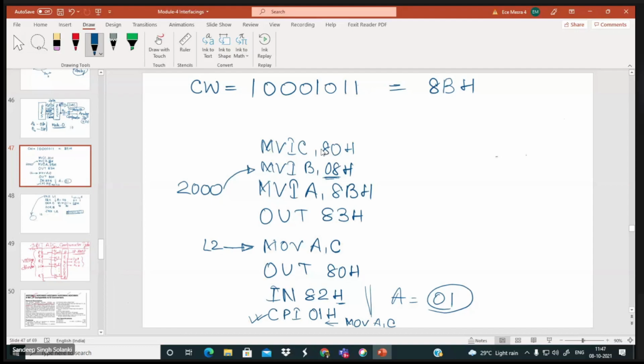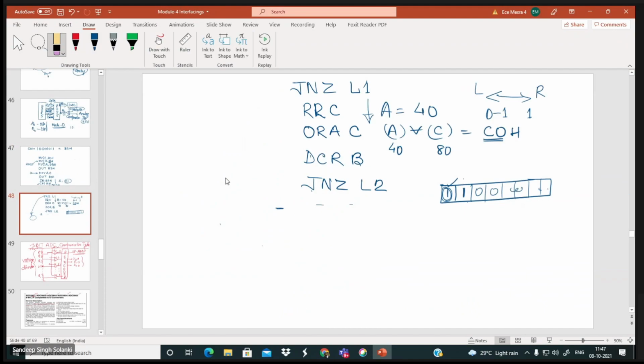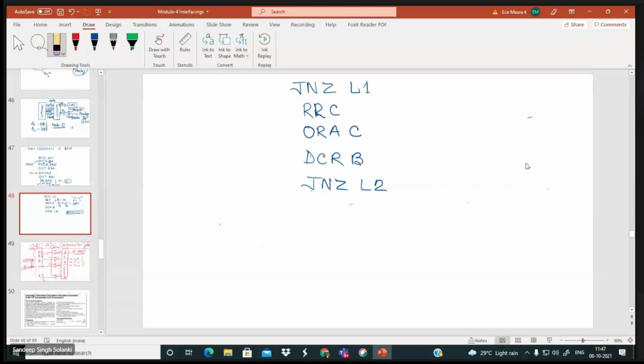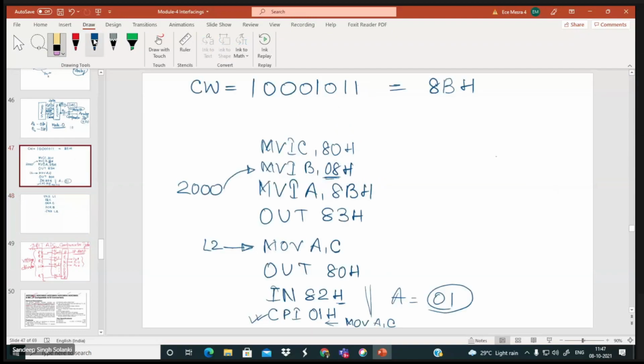So, shall I write or you will tell? Yes, in the slide we have to do MOV C comma A, after ORing with. We have to give the instruction MOV C comma A. Sir, in the previous slide, we have enough space on the right hand side. You can write these instructions in the previous slide itself. Now they will understand.